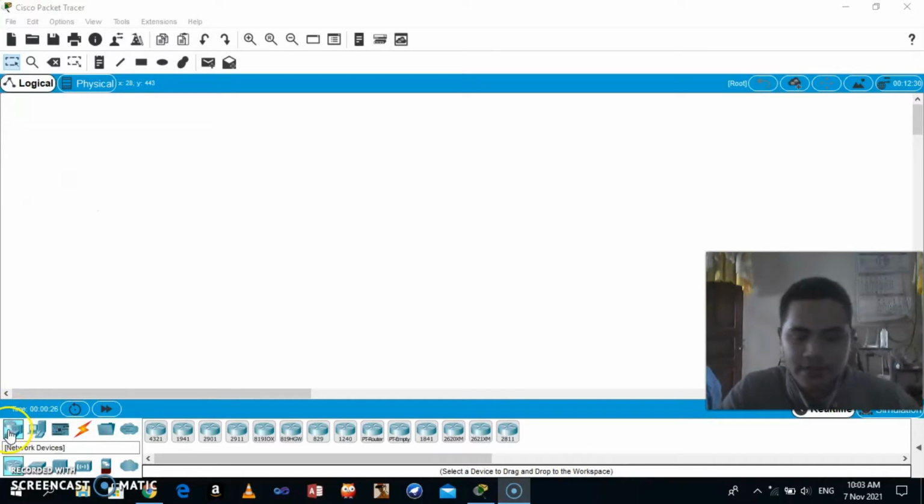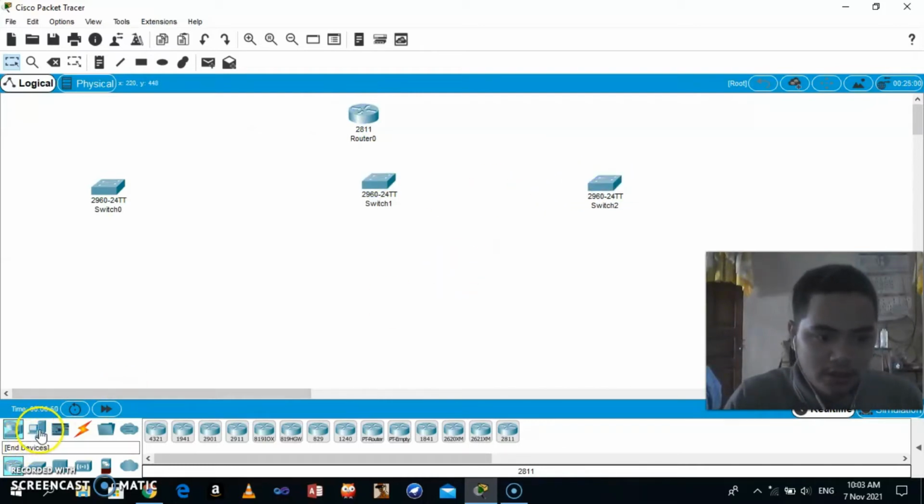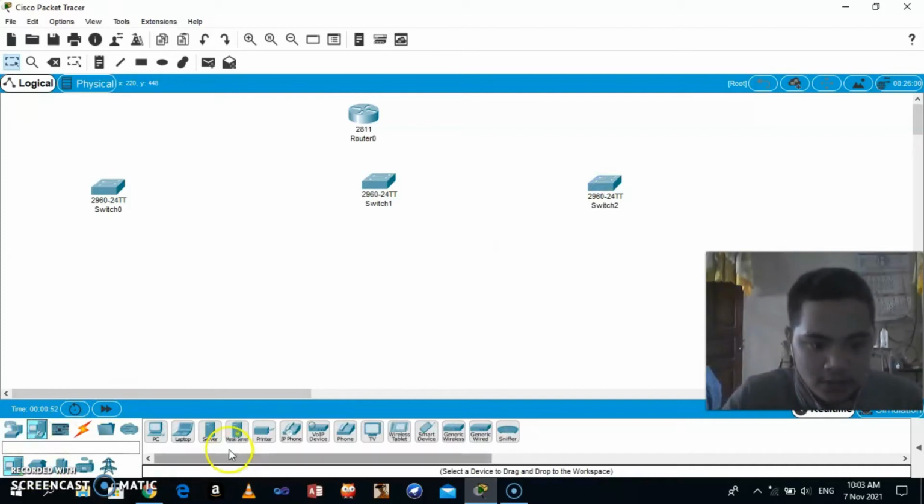So first, go to the network devices and pick the 2811 router, and then go and drag the switch. Just drag it, don't pick it from the choices. And if you're done with that, go to the end devices and pick the server,